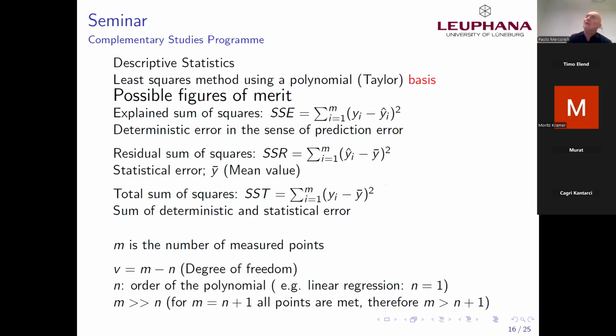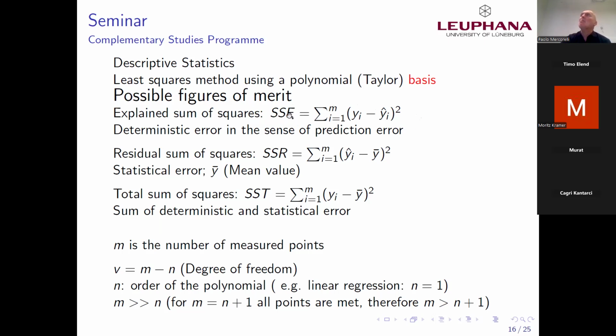Because here I don't have statistical elements. yi is the value which is fixed. Itself it is not characterized by a statistical element. It's what I am measuring. This means this SSE reflects